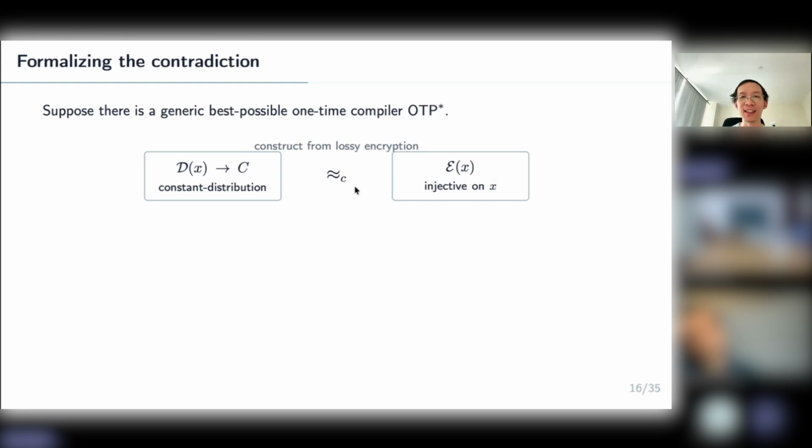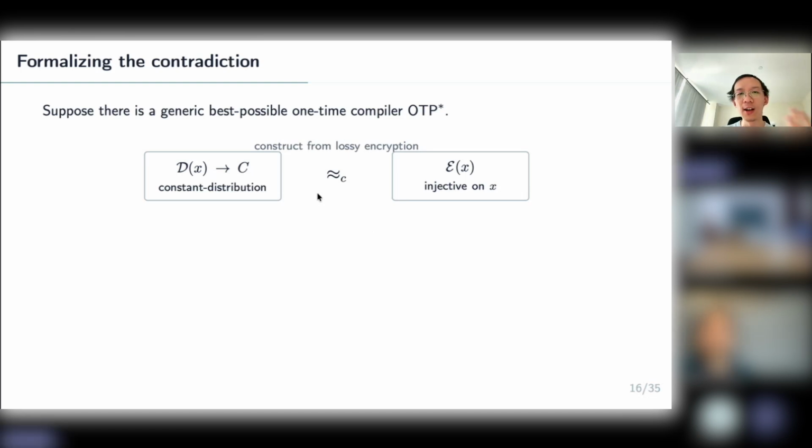So for those of you that know what a lossy encryption is, D is just going to be the encryption algorithm with a lossy public key hard-coded, and E is going to be the encryption algorithm with the injective mode public key encoded. The guarantee that you can get from lossy encryption is that the circuit family D is computationally indistinguishable from E. This construction is pretty straightforward if you know what lossy encryption is, but this is the property that we will need to use from lossy encryption.